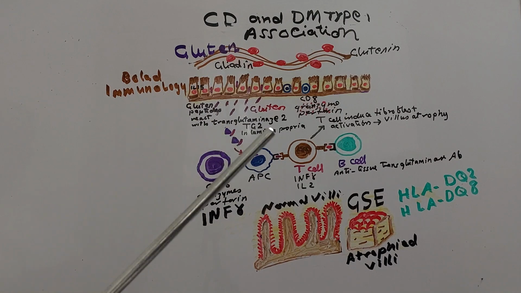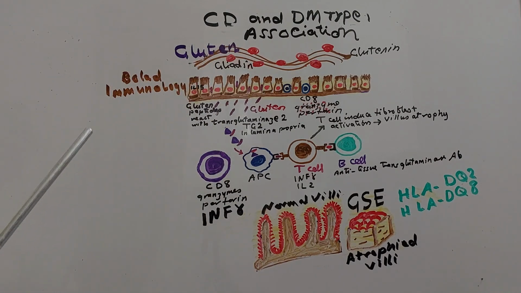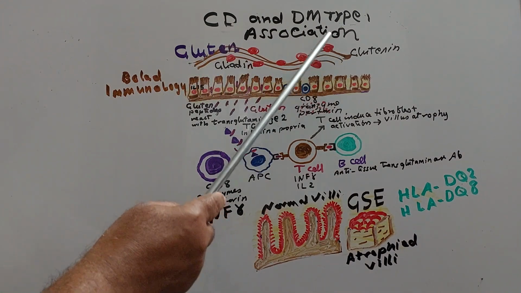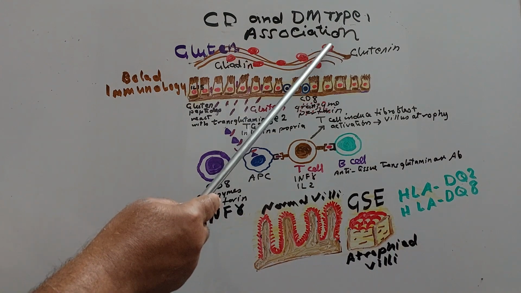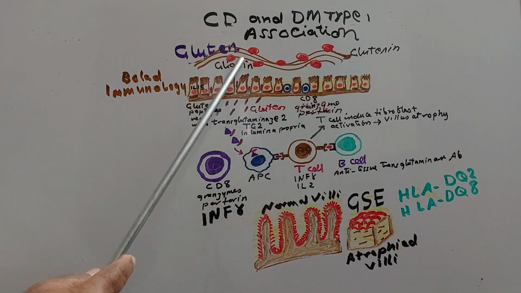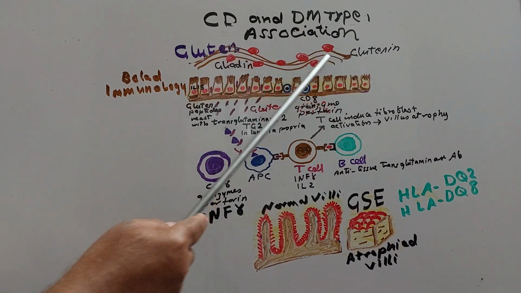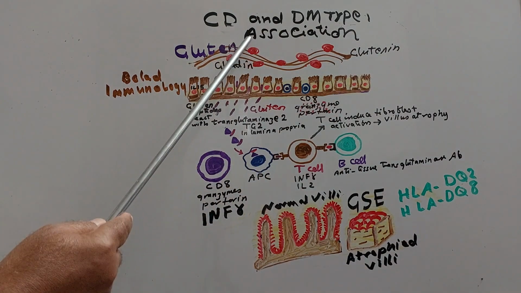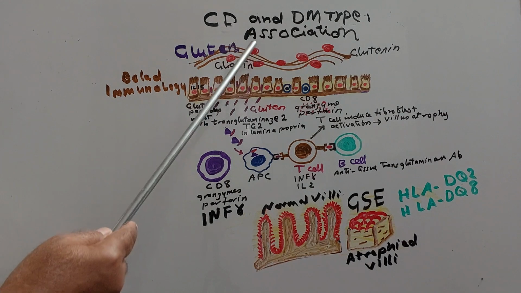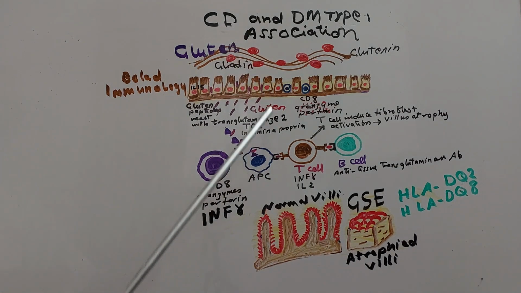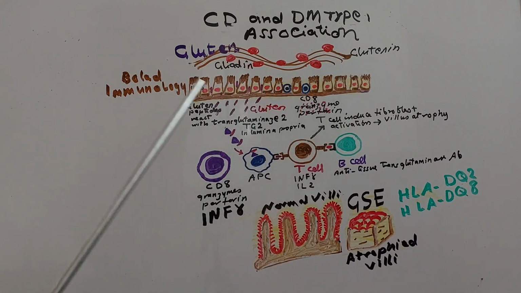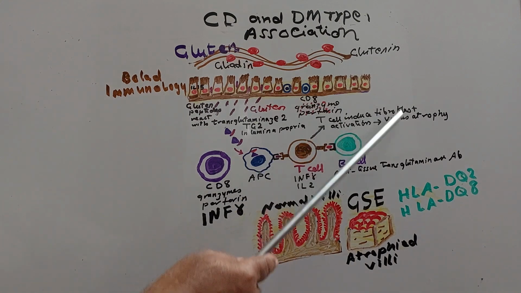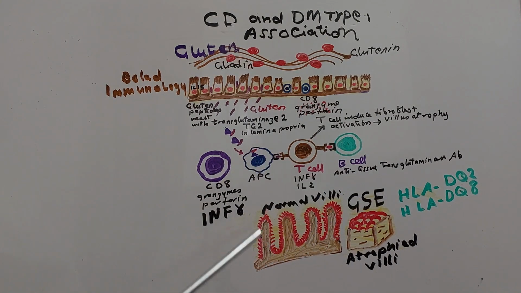So, as can be seen here in this drawing, this is the gluten. It is formed of these red circles. This is gliadin, and these reds are glutenin. However, gliadin can cross the mucosal lining of the intestine to the lamina propria, and